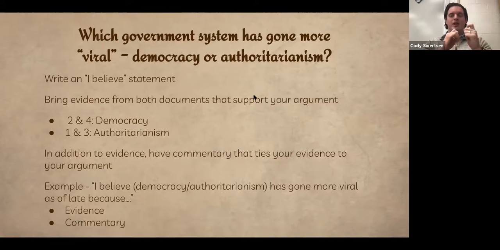We've gone over the documents. They maybe worked in a group, they maybe worked as an individual, but by this time we know the kids understand the documents. And I just give them a little refresher so they can have this as a point of reference on the board. Okay, 2 and 4, those are documents if you chose democracy. 1 and 3, those are your pieces of evidence if you're doing authoritarianism. And I want you to have evidence, and I want you to have some additional commentary.